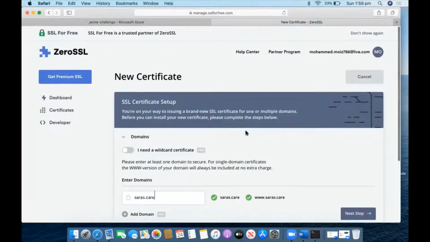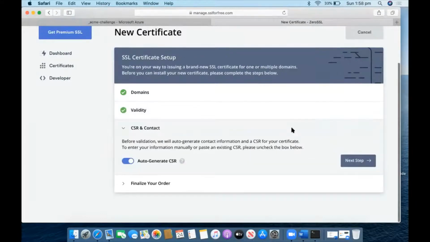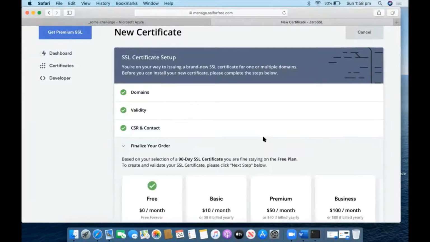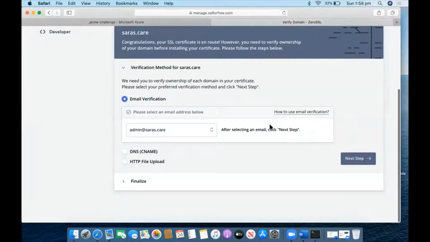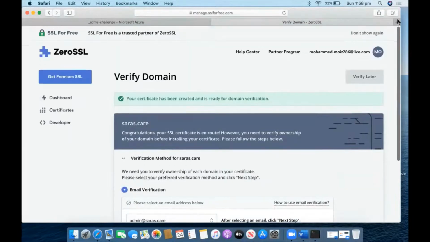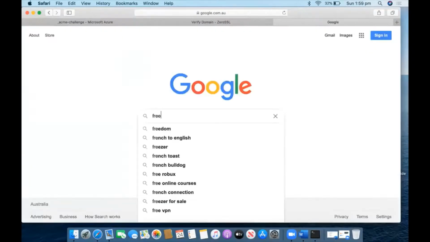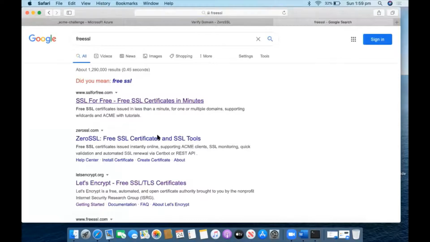I think this might be a 90-day certificate. Next. Auto generate CSR. Next. I'm going for the free one. Next. I don't think so, not this one. Just hold on.